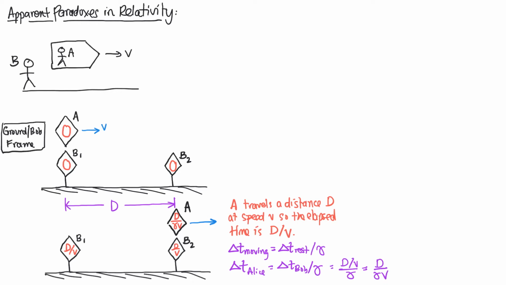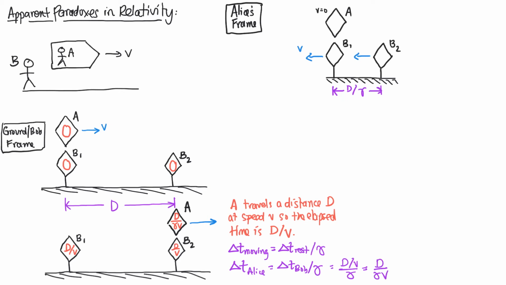Okay, so from this point of view, in Bob's frame, the ground frame, it is indeed true that Bob's clocks tick more than Alice's by this factor of gamma. So the question then is, how is it that in Alice's frame, it's going to be the case that Bob's clocks tick less than Alice's clock? Because in Alice's frame, Bob's clocks are moving, so they should tick less than Alice's clock. But how can it be that Bob's clock is going to read a larger number than Alice's clock in both frames if Bob's clock is going to tick less than Alice's clock in Alice's frame?